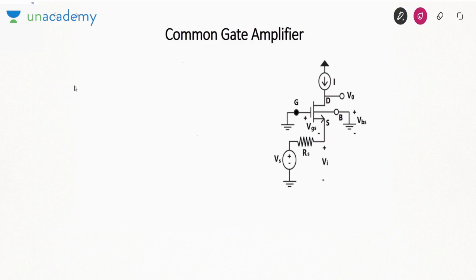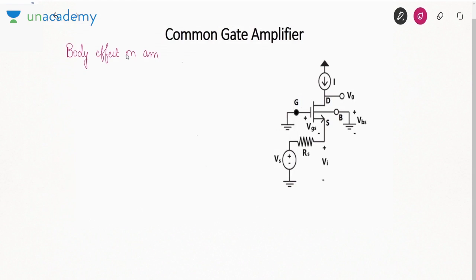So that is what I am saying here, that we will consider common gate amplifier with an active natured load, or you can say the load of the common gate amplifier will itself be a transistor which might be connected in some other configuration. Now before doing that, first of all what I want to do is, I want to study the effect of body terminal on MOSFET. So we want to understand about body effect